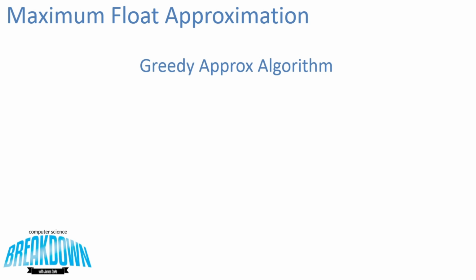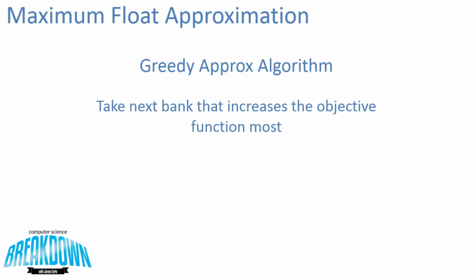And really, the solution is actually quite simple. All you need to do is take the next bank that increases the objective function most. So that V of S that we previously defined will be based off of certain factors. It's going to take into consideration the time it takes to clear a check, the interest rate at a given bank, etc. And whatever bank payment maximizes this objective function is going to be the bank we're going to choose